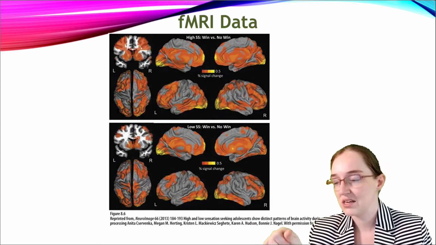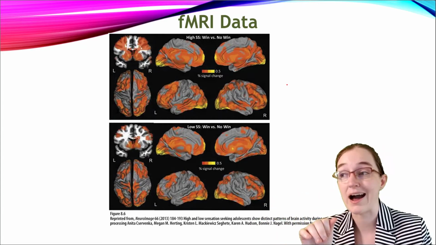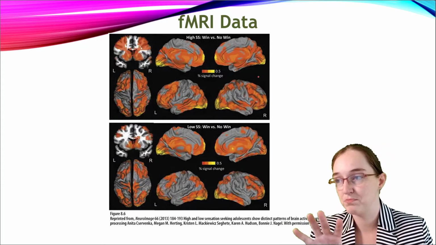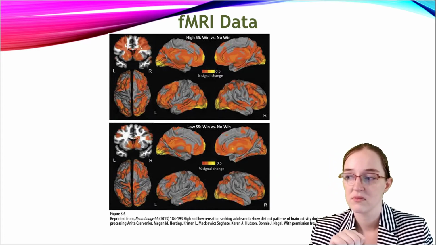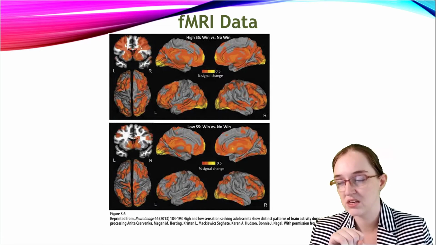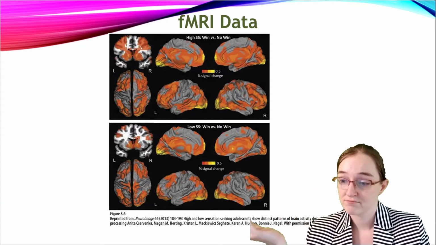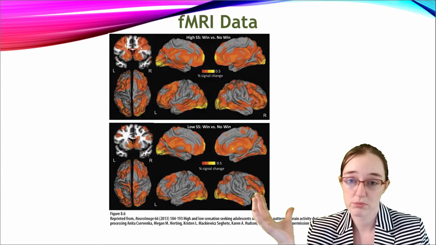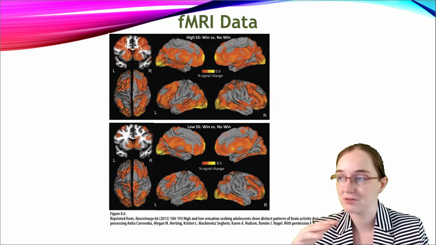So here we can see that for those that are high sensation seeking, comparing wins versus not winning, there's brighter, deeper differences, and more stuff is activated versus low sensation seeking. There's less orange, relatively speaking, and just less stuff's lit up. So they show distinctive patterns in brain activity during reward processing. That's the basic idea. These tend to make really great figures in general, and they give you a nice sense